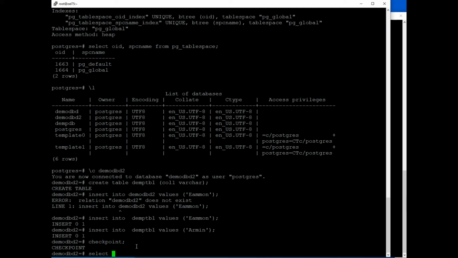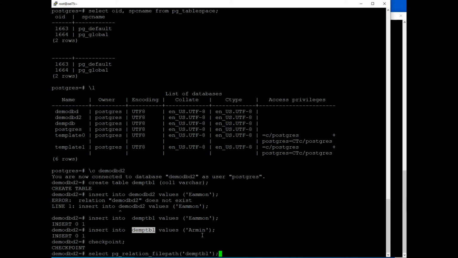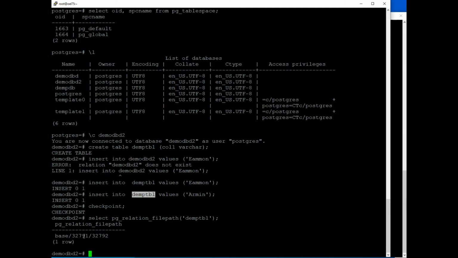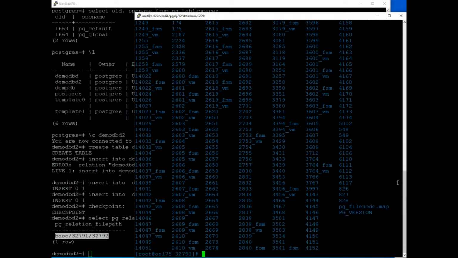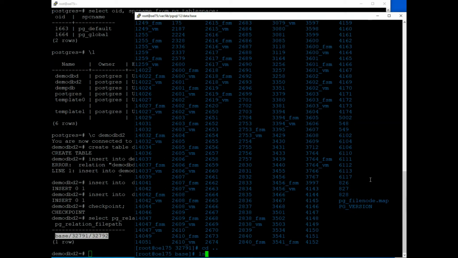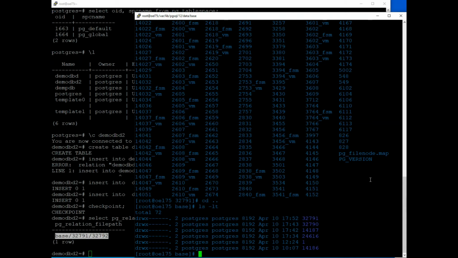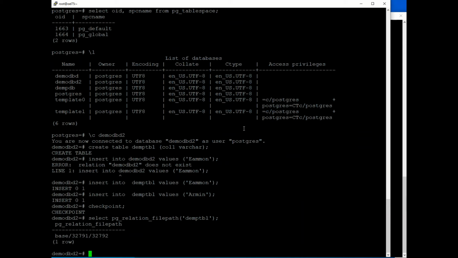So select pg_relation_filepath and this table name. It will give me a path. So if I go to that path now, first this is going to 32791. So 32791, if you look there,